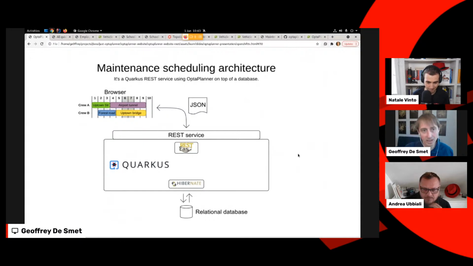But you can take this maintenance scheduling use case, you can see in the code how we solve it domain-wise and so forth. And you can easily cut off this top part, this REST service, and replace that with an approach that works like this. Cut off the relational database part and just say, okay, here's my data set. That's how we solve it in Java or Kotlin or Python. And then hook that into what we will have with the operator, for example, right?